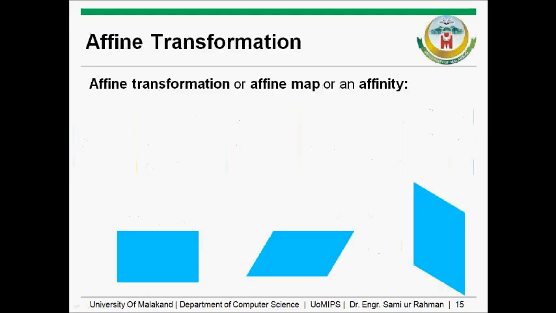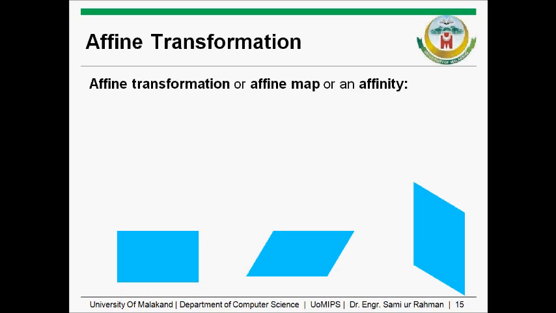Okay, now we have, I think, the most important transformation in image processing, and that is affine transformation. Okay, this is also called affine map or affinity. Okay, so